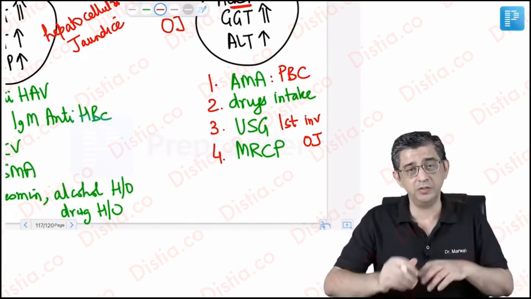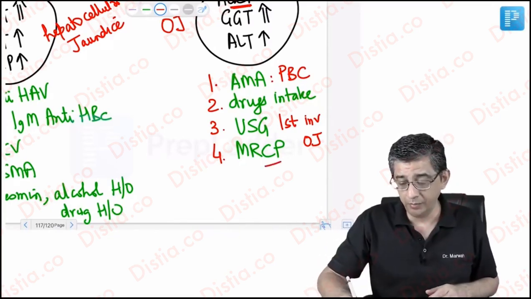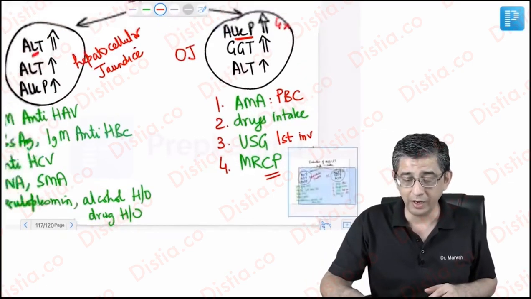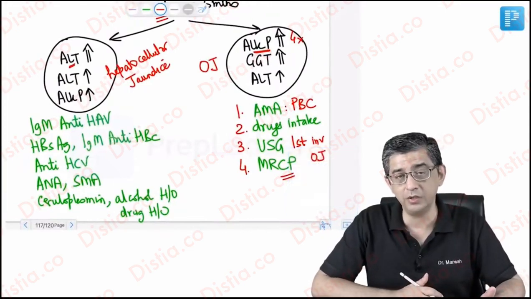See, the problem is there is fibrosis inside the liver. Why is it developing? The problem is in the biliary tract. So I can image the biliary tract by performing an MRCP in the patient. So the tests that you write for obstructive jaundice will be different from the ones you use to evaluate hepatocellular jaundice,